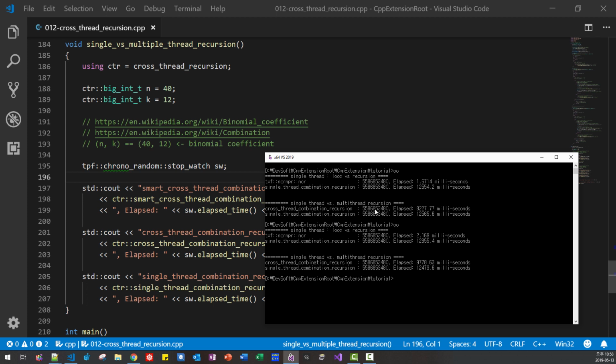Now this time we will be using the GNU compiler G++, std C++17.